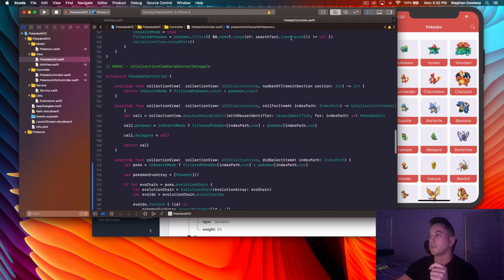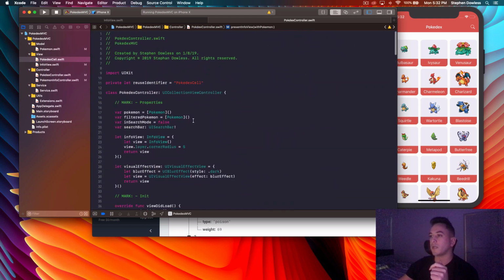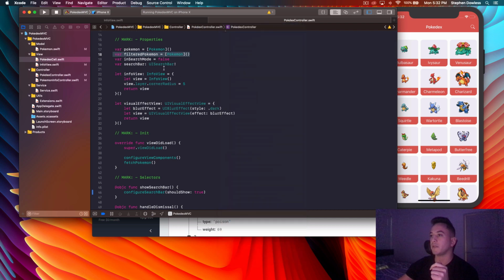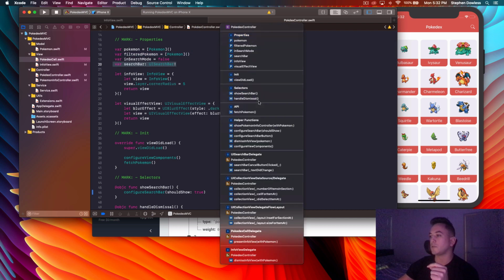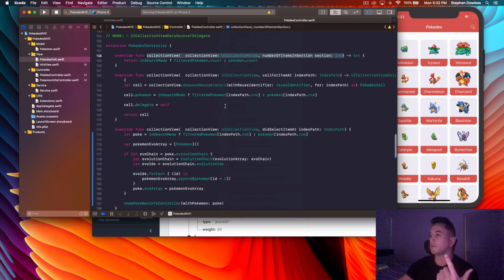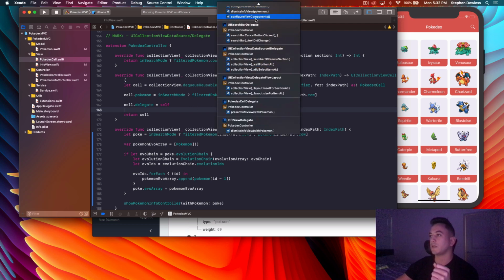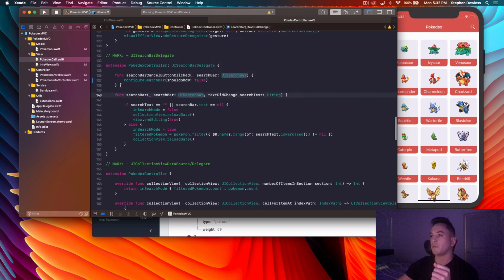So then we implemented our searching. We created this separate array for our filtered Pokemon, and we implemented this search bar here. Essentially what we did was change our collection view around a little bit so that it got the right Pokemon from the right array, okay? And then we had this search bar delegate, let's go there, and we implemented this cancel button clicked, this is where we configure our search bar,